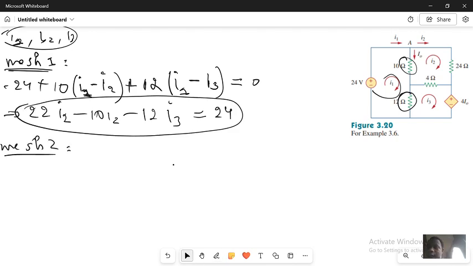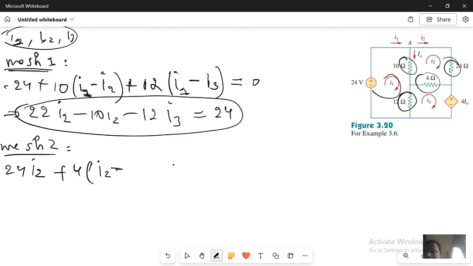In mesh 2, I will have this current, it will come to this voltage, which is 24 I2, because this 24 resistance is only in mesh 2, not in another mesh. Plus I have this resistor 4. This resistor is between mesh 2 and mesh 3. Since I am in mesh 2, I will start I2